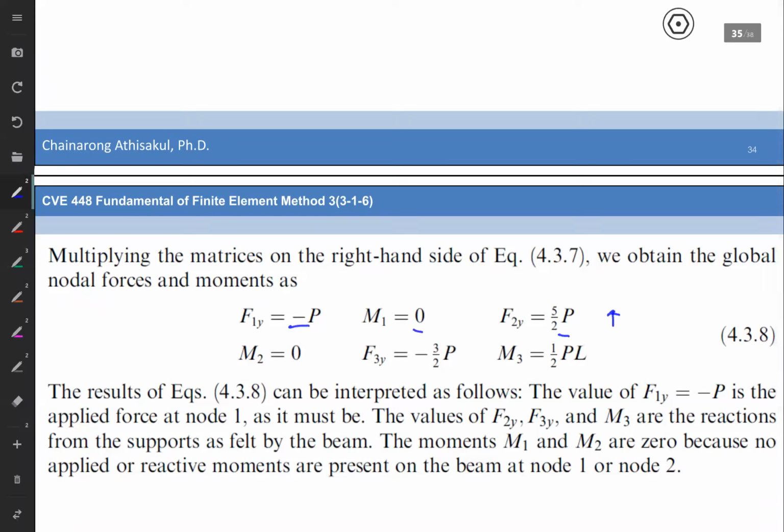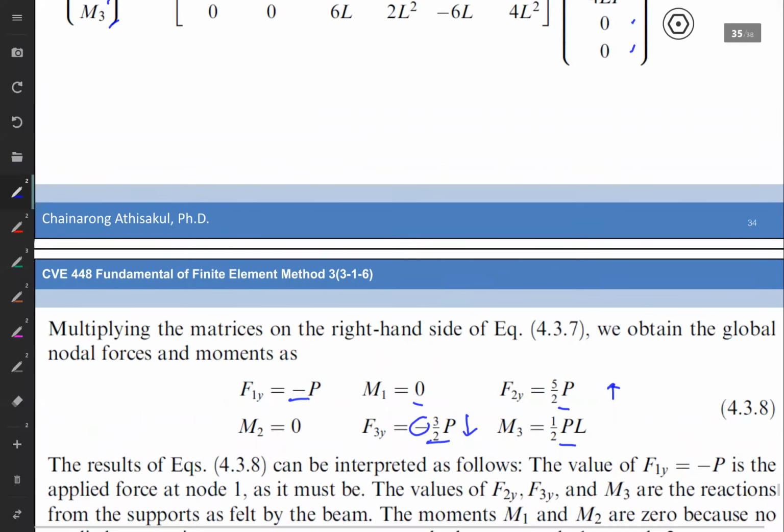And for node number three, the fixed end, we have the reaction force and also the moment. The reaction force is negative, which means it should be downward. So according to this, when we check the summation of force, we find that it is in equilibrium. That means the summation of F is equal to 0. And also for moment,